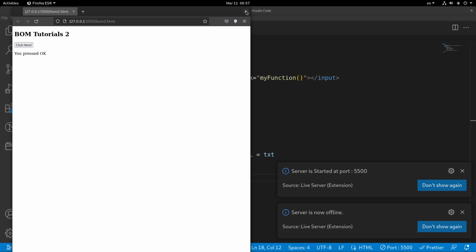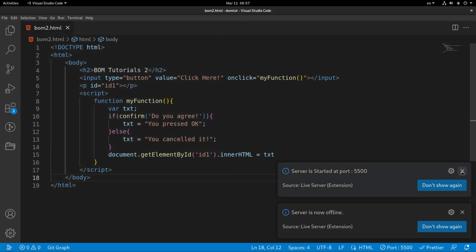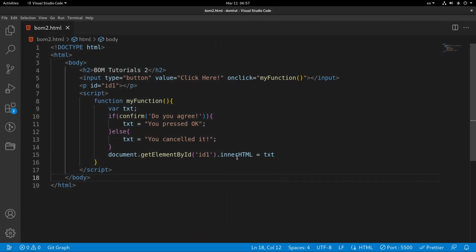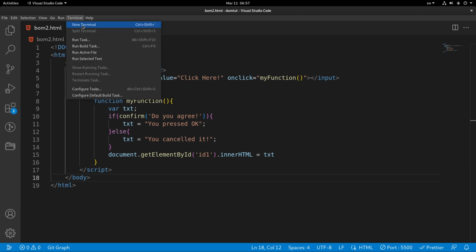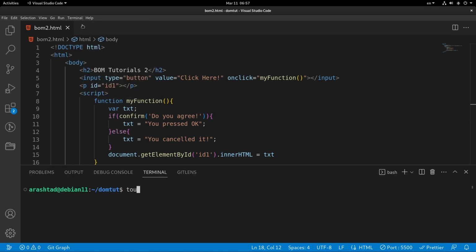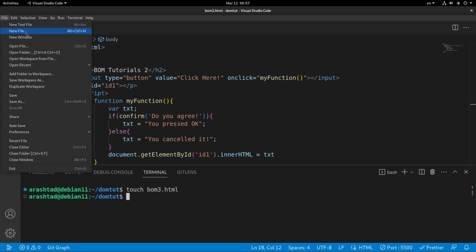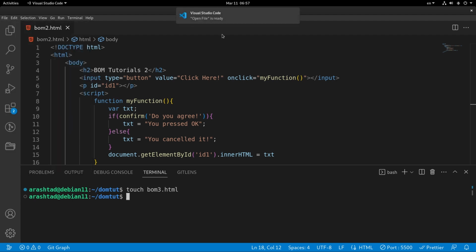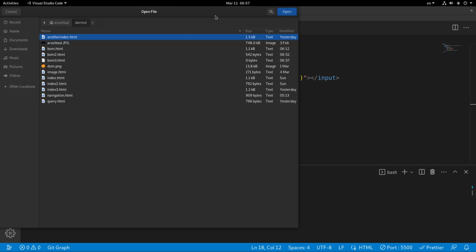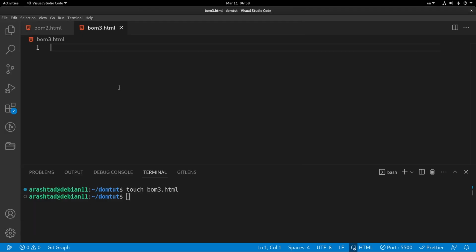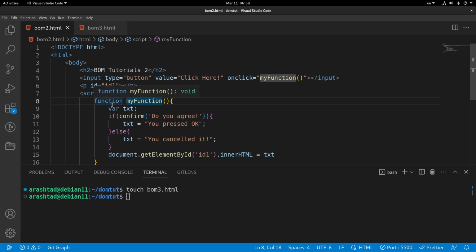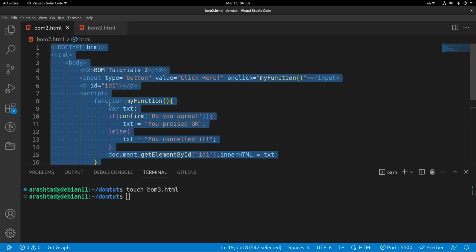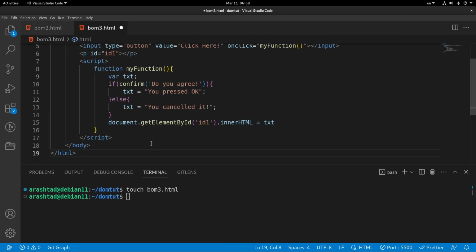So here, let me close this browser for now, and let me create another file with the terminal. Here I'm going to write touch bom3.html. So let's open the file, bom3. Now let me copy and paste all of the contents of bom2.html into bom3,